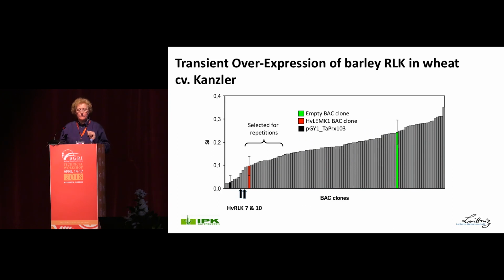He then went on to screen a series of barley BACs, which were selected because they had receptor-like kinase genes, because we were now targeting receptor-like kinase genes. Okay? And he found two additional receptor-like kinases, which we just called RLK7 and RLK10 for the time being, which also, when you overexpress them in the epidermis of the wheat cultivar Transler, increased resistance to the wheat powdery mildew pathogen. Okay,